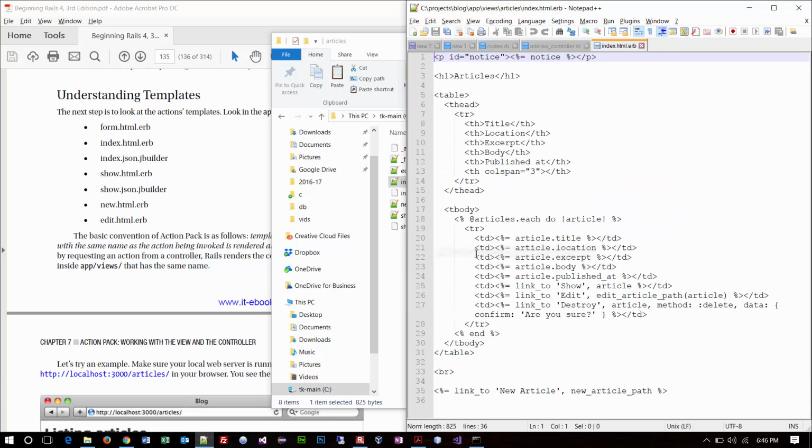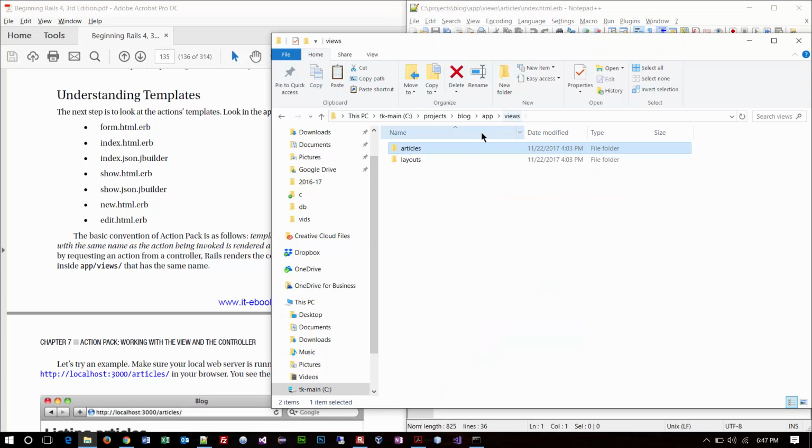If you just open one up and take a look, for example, you're going to see this combination now of regular HTML and embedded Ruby code. What's fascinating about this is it should start to look a little bit like working with PHP or ASP.NET, where notice that we're not looking at an entire web page here, but we're really looking at a portion. So that's telling you in essence that somewhere else,